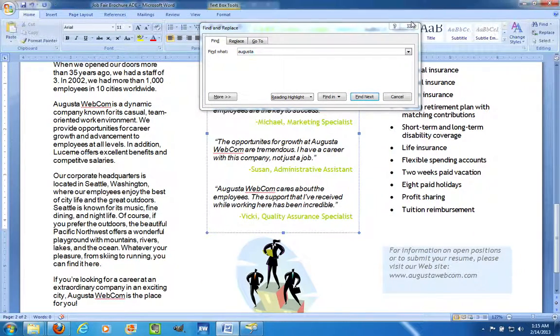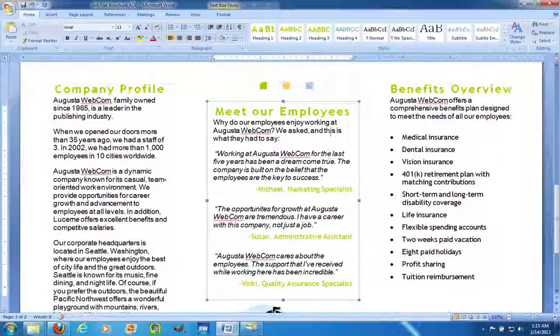That's it. And we know there are a lot of other places that say Augusta, like over here. So those are some nifty features and some things to watch out for. I hope that helps you and you can find some good use